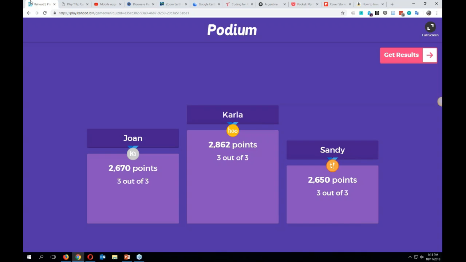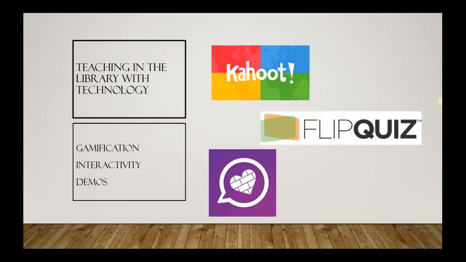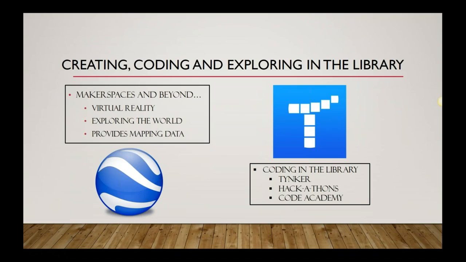You can actually tag a book with that and say, here's the book that I love the most, and there's a heart over it when you're looking at it through the WallaMe app. So just kind of a cool way to get people involved in moving around the entire library as a space. So let me jump back into here, and we'll jump on to the next page. So that is Kahoot, which is free at getkahoot.com, Flip Quiz, which is free at flipquiz.com, and WallaMe, W-A-L-L-A-M-E, which is a free app for Androids and for iPhones.